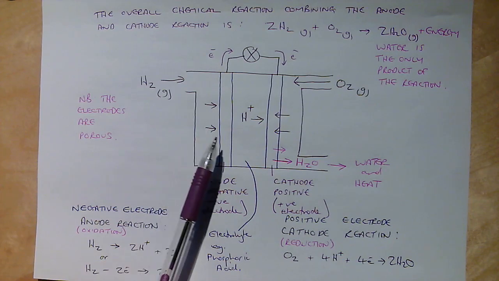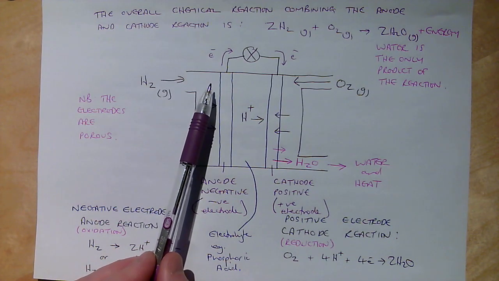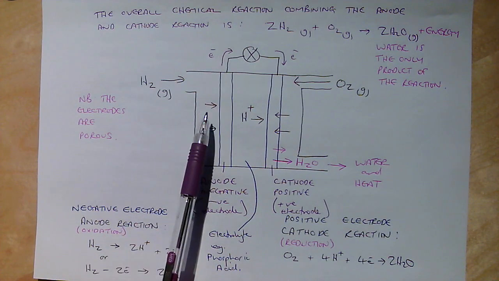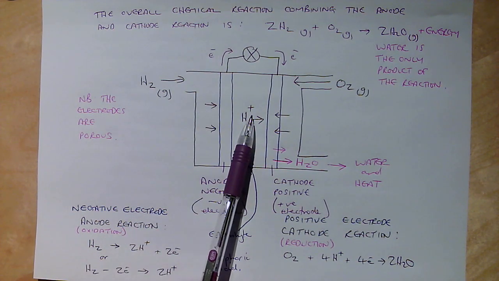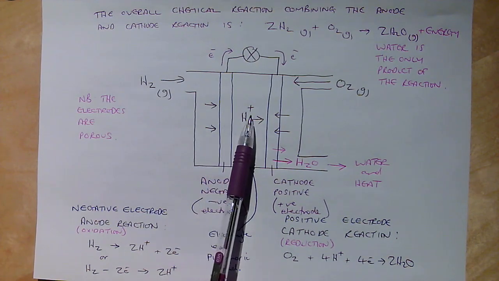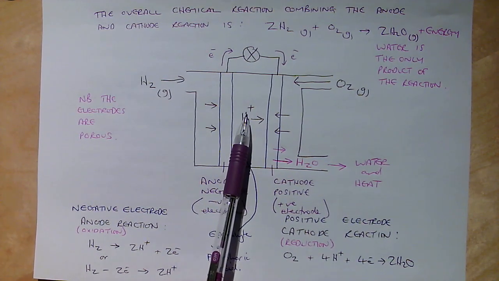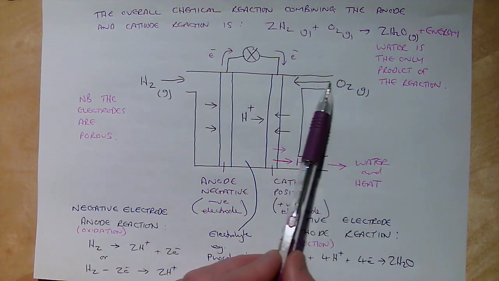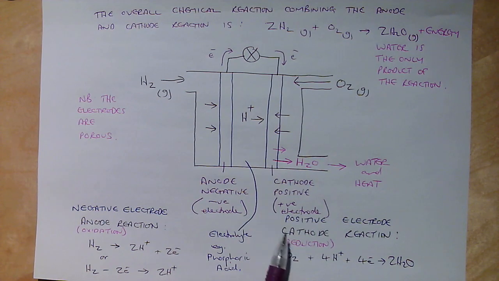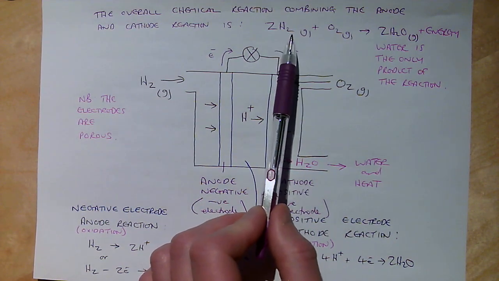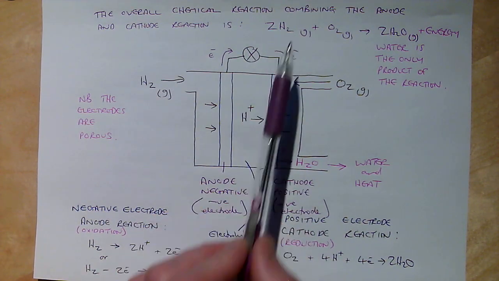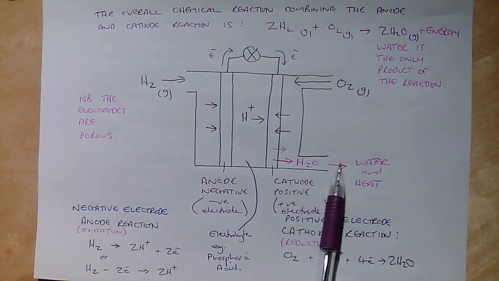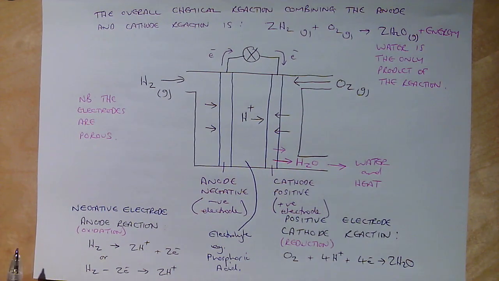Hydrogen flows into the anode, the hydrogen molecule splits to create electrons that flow around the external circuit, and the hydrogen ions then flow through the porous anode into the electrolyte to the cathode, where they meet up with oxygen. Oxygen flows to the cathode. The overall reaction that happens then is hydrogen in, oxygen in to the cathode to make water. Water comes out here plus energy. So let's have a look at the